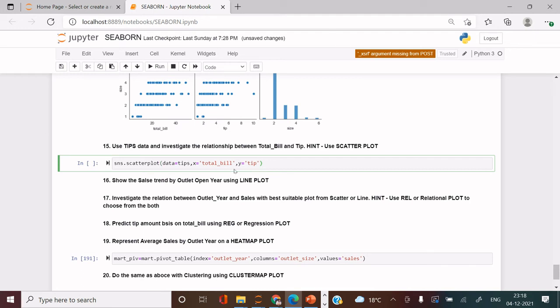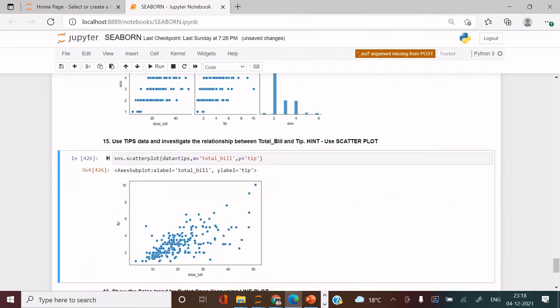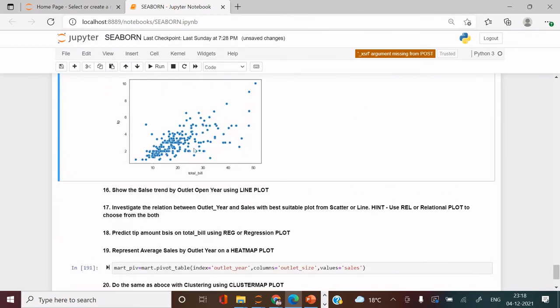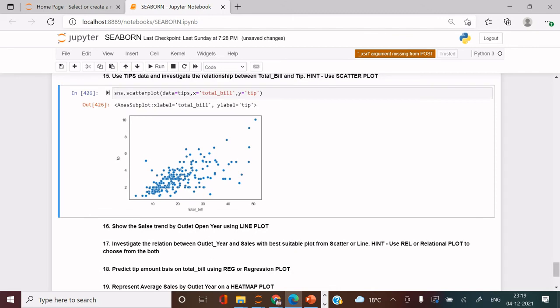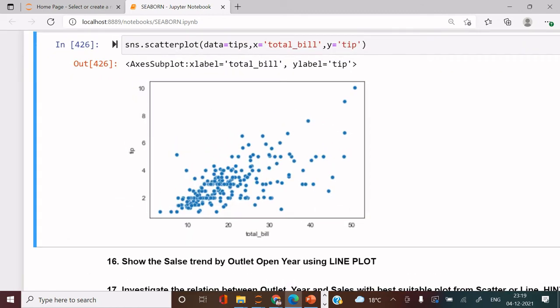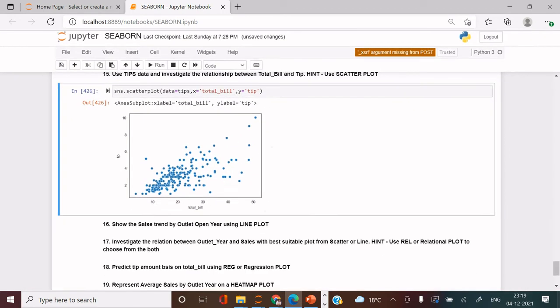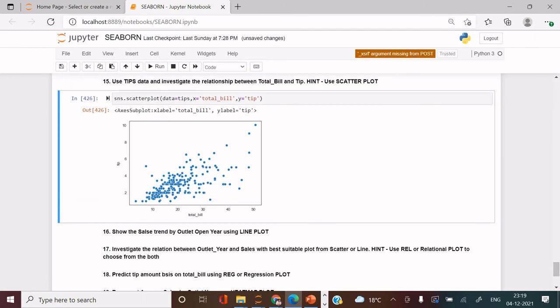Now here we want to observe how tip is changing if total bill is changing, right? So if you see over here, this is the dense area where you can see what sort of relationship these two variables are sharing with each other. You can just zoom in and observe this. So this is how you can use a scatter plot to check out the relation between two variables.